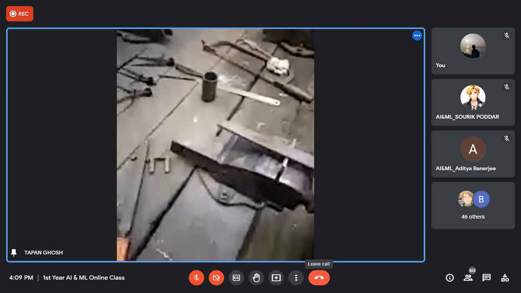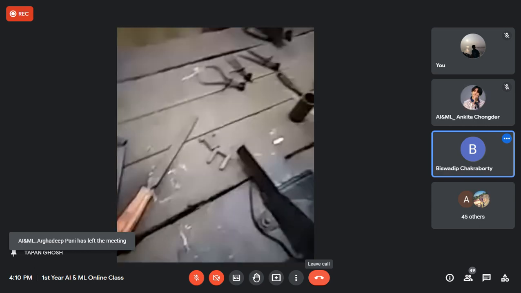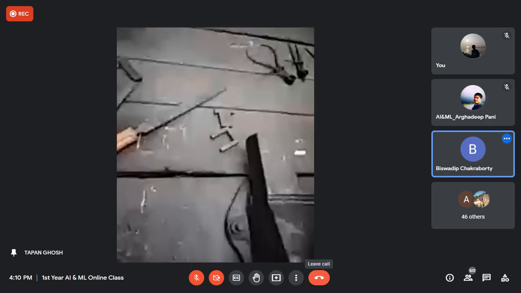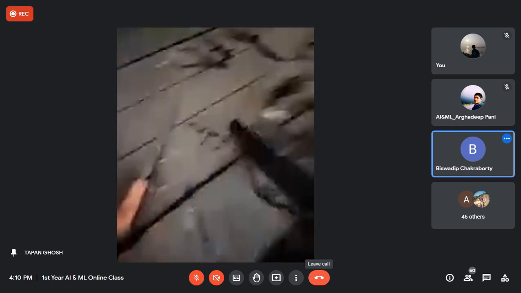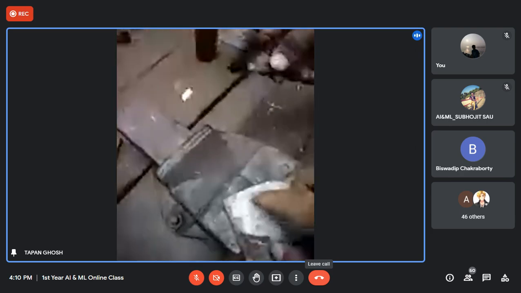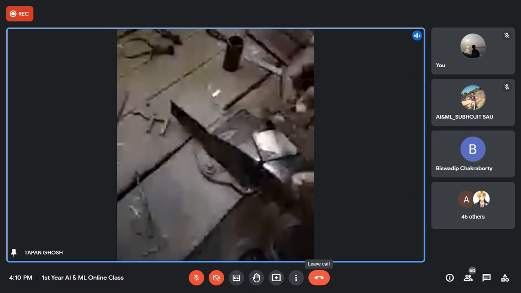After that, I'll show you how to cut with a hacksaw. You see that this is a rectangular cut. You have to cut here and cut here. That's a rectangular shape. After marking, you see that there is a marking here and a marking here. You have to cut it this way and this way.